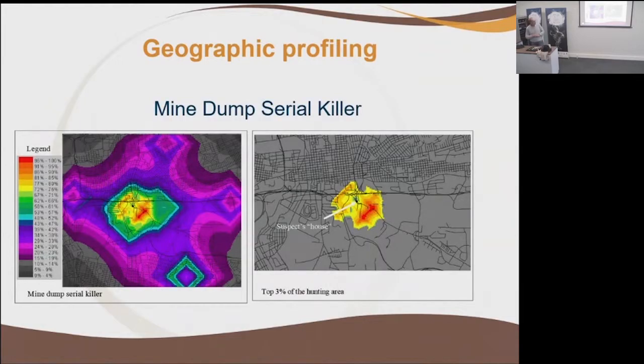The other example was the mine dump serial killer. I ran the profile for the police. He was already arrested at that time. It was a demo for the police to show them how good the model works. So I ran the model and I said to them, in the top 3% of the hunting area, there's a possibility, because there's no houses and things like that, it's open veld and mine dumps, that the guy could be a migrant sleeper and he could sleep under a bridge, and that's actually where the police